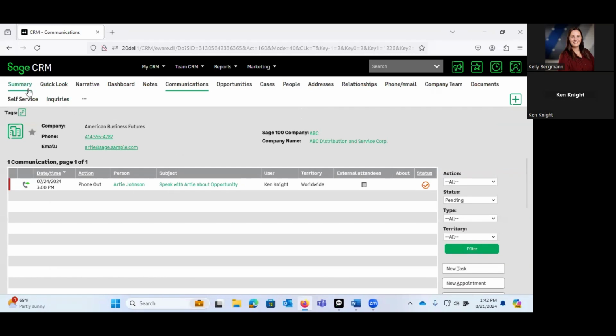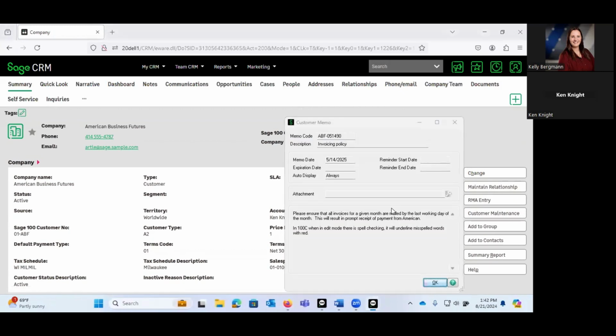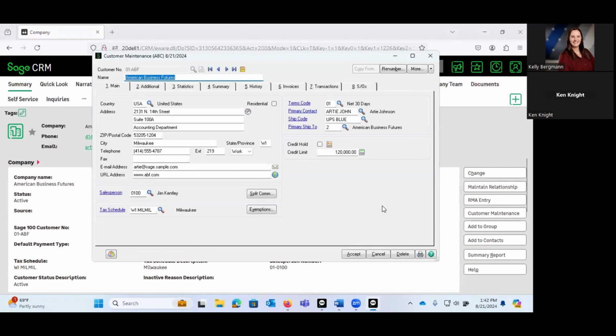Well, let me go back to my summary here on American Business Futures. And you'll notice that down the right-hand side, I have some options for maintaining the relationship with Sage 100, RMA entry, or even launching customer maintenance. I will get my pop-up customer memo that's supposed to automatically display. And if I have rights, I'm in customer maintenance. You'll notice the suite number here. I'm going to go ahead and make this -100